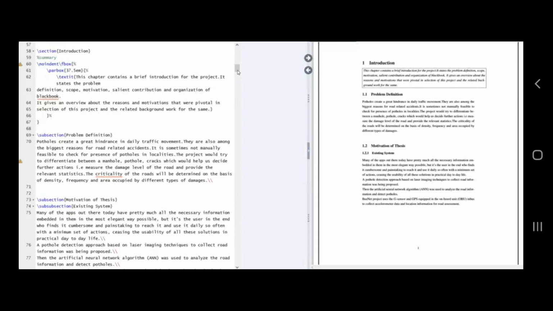You have to make the section, and then you have to make the subsection. As you can see here, the section is Introduction, that is 1, and the subsection in it is 1.1, that is Problem Definition. So for making the subsection you have to write \subsection, and then inside it you write your topic, like what your subsection is. So here it is Problem Definition. Then we put that paragraph into it, and because we have ended with this paragraph, we need to start a new subsection, Motivation of Thesis.